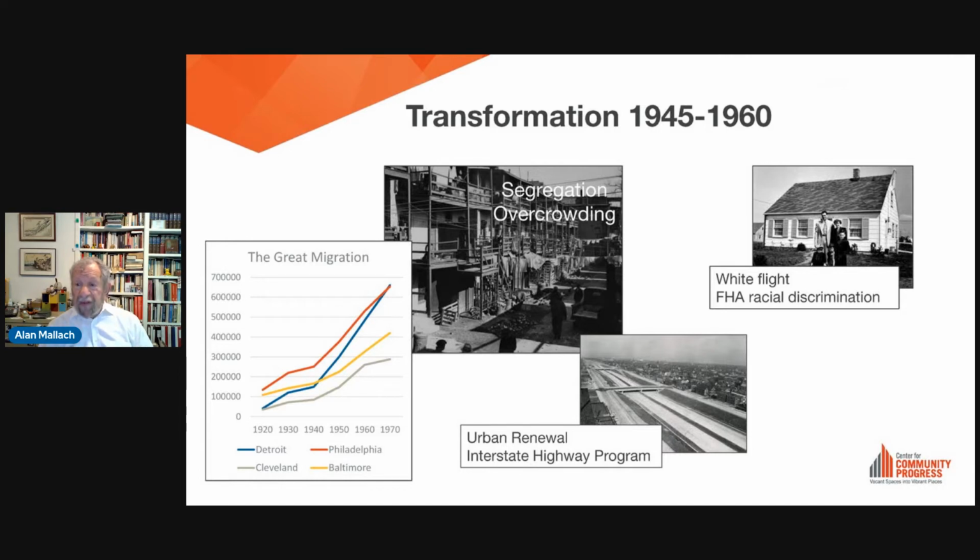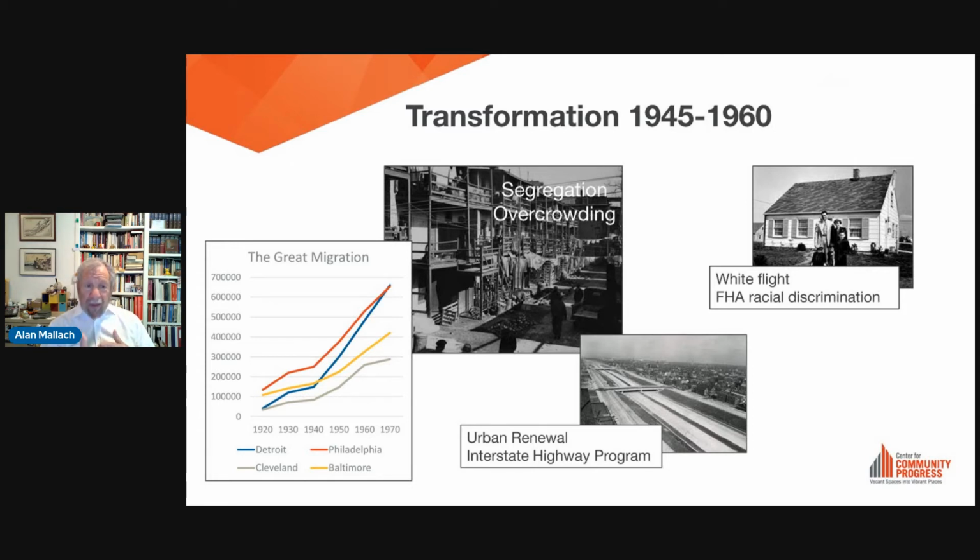Now, starting really during World War II, but especially after that, during the 40s and 50s, America's cities were transformed. The biggest four things. First, the second Great Migration meant that millions of Black families were moving into cities like Baltimore, Detroit, Chicago, Cleveland, and so forth. At that point, when they started to move during the 40s, these cities were still hyper-segregated. So they were moving into areas that were known as ghettos.